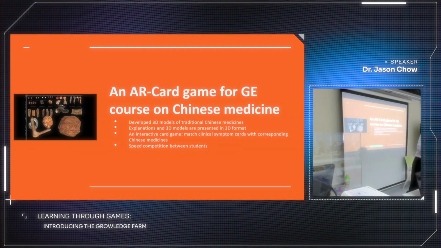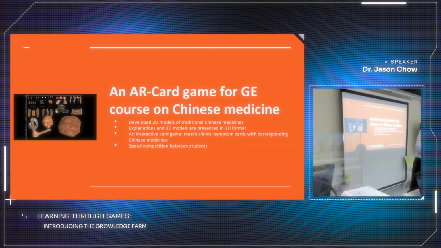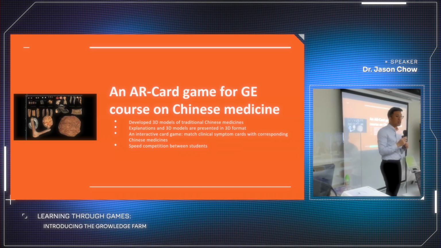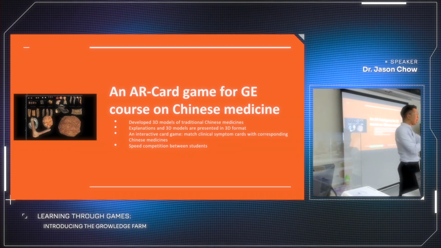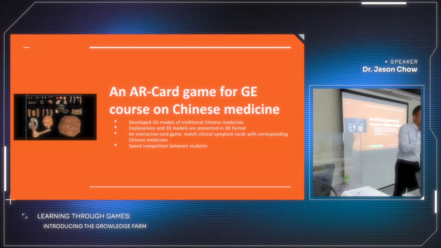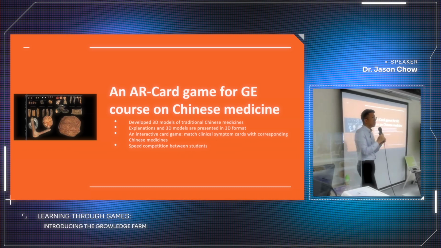They will have a competition in class on who is the best Chinese medical doctor. Each of them will be given, for example, 10 symptoms, and they need to search for the correct Chinese herbs to match with the symptom cards. This is a game that they play in their GE course.